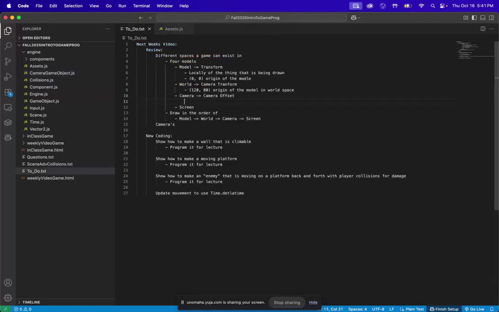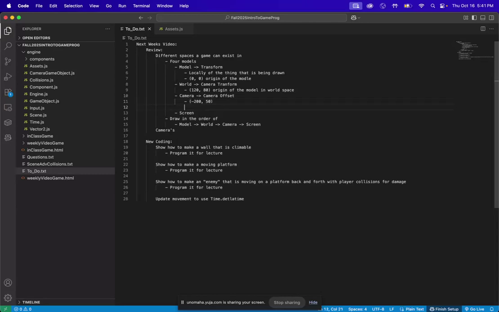The camera transform is just where it is relative to the camera. So it's in camera space. In world, it could be at 120, 80. In camera, it could technically be negative 250 if it's not on the camera, for example,